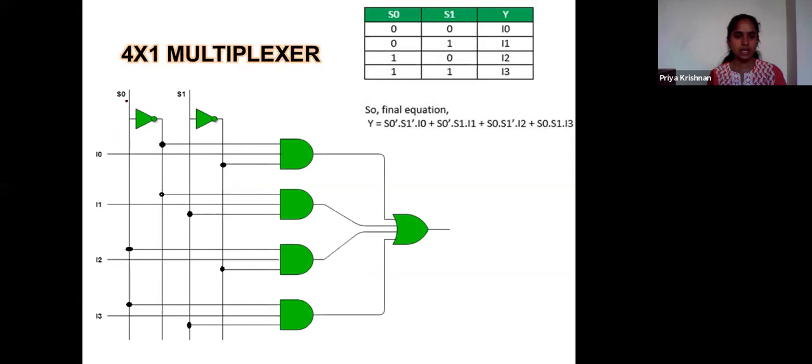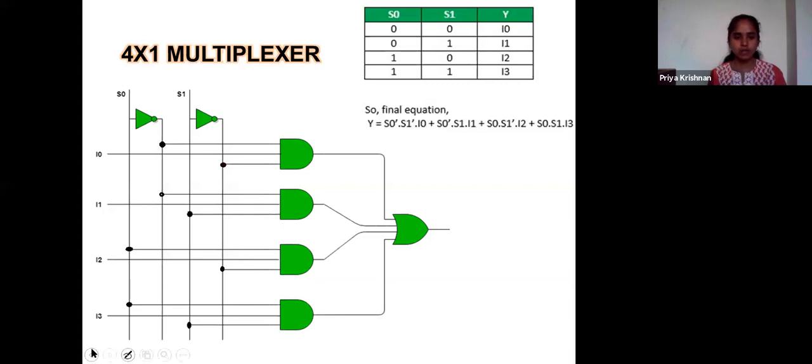Similarly, I have S0 and S1 here, and then it is also inverted. We will see for one combination: S0 is 0 and S1 is also 0. So what do I have to connect? I want to connect I0. So I have taken a 3 input AND gate. One point I have connected to I0. The other points are for S0 and S1, both 0. I have connected these inputs to the inverted lines because both my inputs are 0, 0.